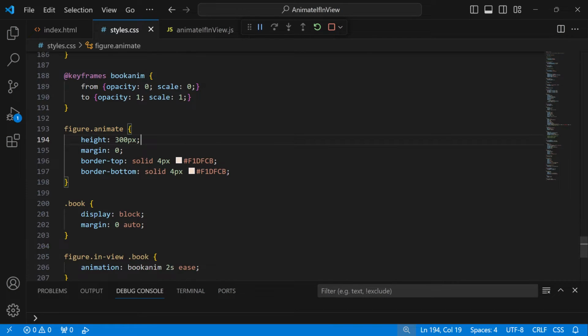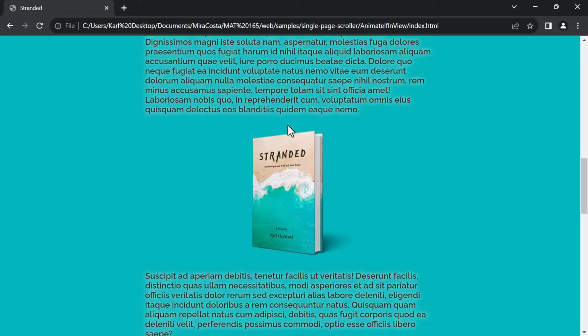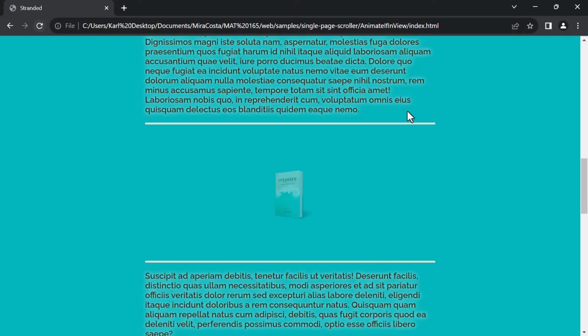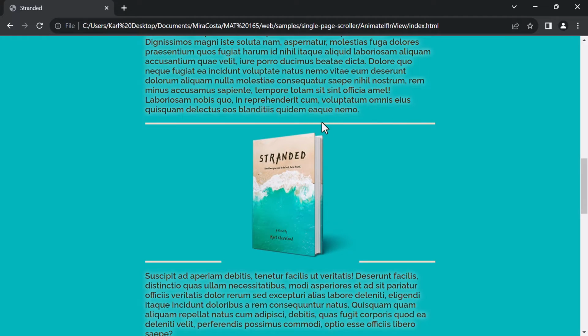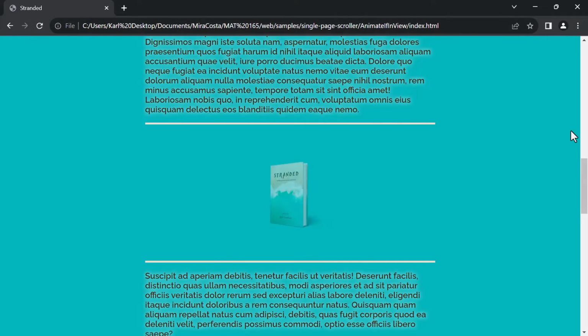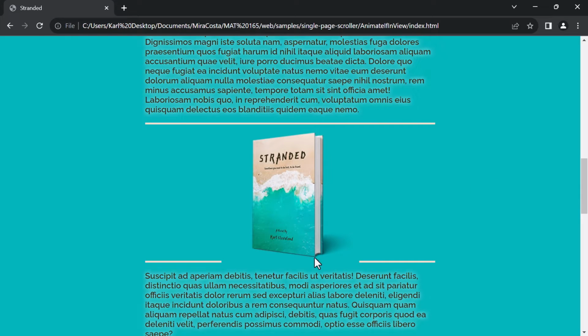I'll save that out. We'll take a look at what's happening inside our browser. And so now that figure has this border on both sides. We can see when that comes in. Now I noticed that the book isn't fully transparent. It's on the same blue background. And so it's covering up the